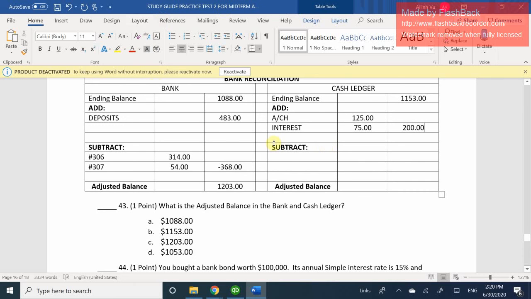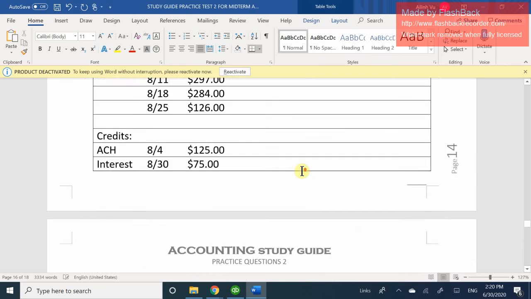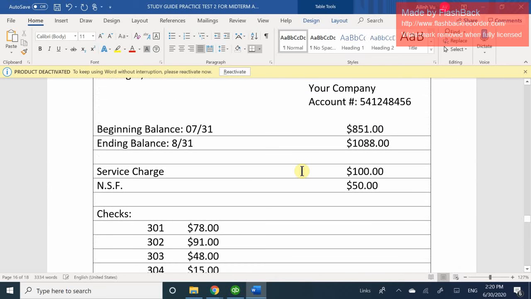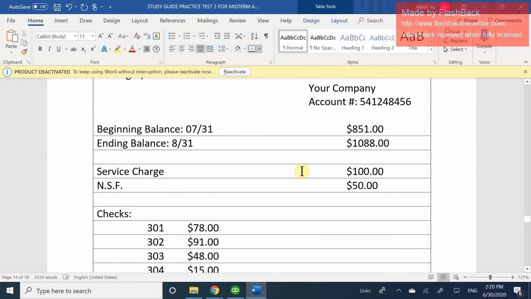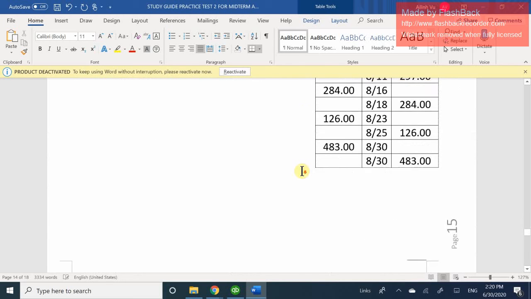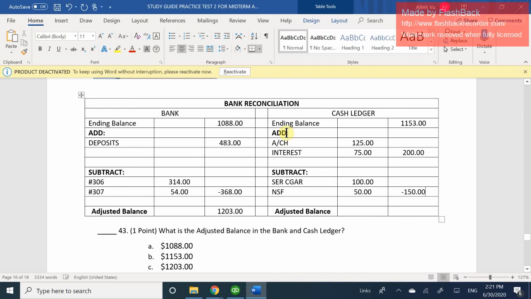Okay. And then now what do we subtract? 150. NSF charge and service charge. Yes. Add them together and get 150. Hold on. So service charge was 100 and NSF was 50. So let me scroll down here. I'm just going to put service charge. And this one is NSF. So this was for 100 and this one was for 50 to give us a grand total of 150. So let's calculate this. Is my adjustment